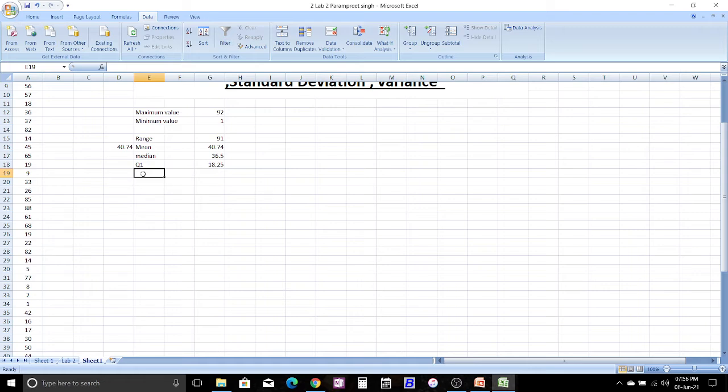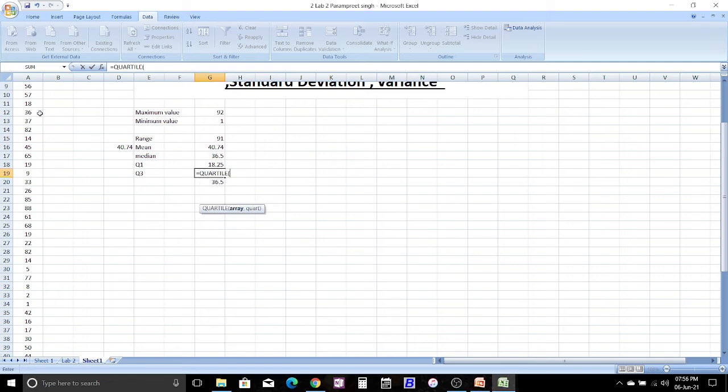In the same way, you can calculate quartile 3, that is Q3. As Q2 is the same as median, we need not find out the Q2 as median is quite with us. So Q3 is called the third or the upper quartile. It covers 75% of items. So we can do it by using is equal to quartile.